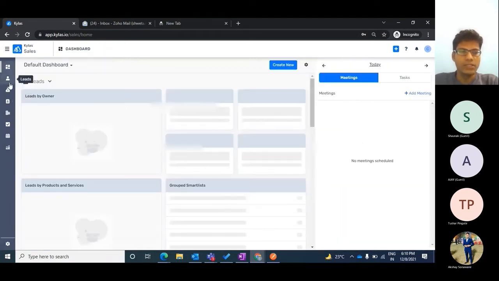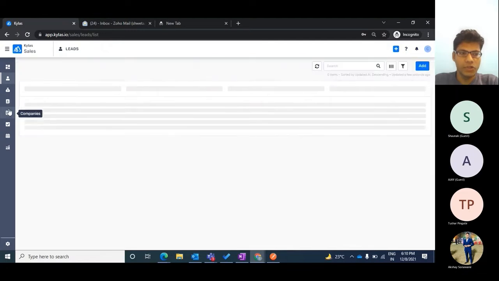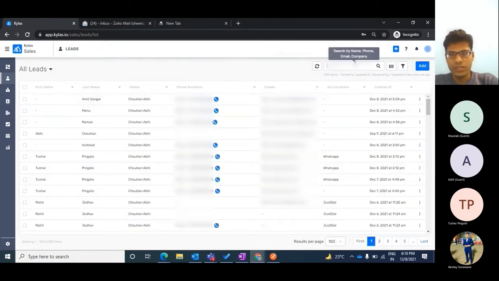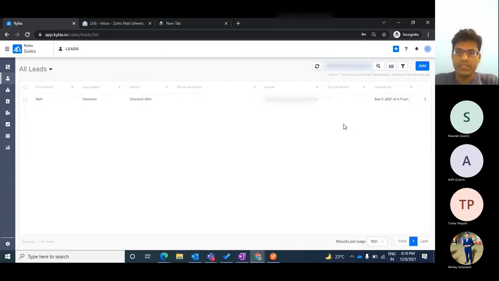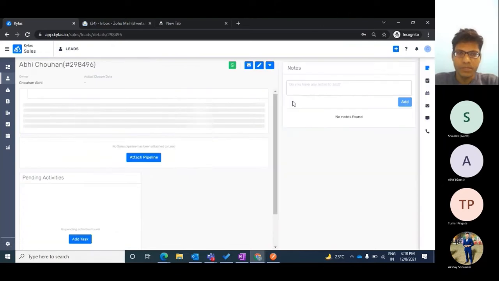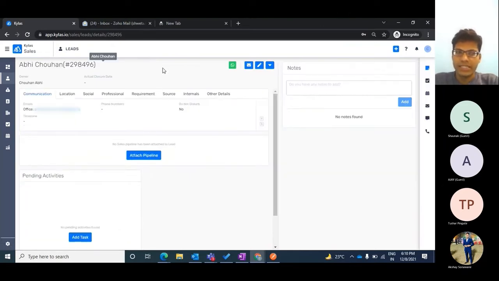Now what I can do is go to my leads or contacts and actually send them emails. So for example, there is one lead available in my system with the email ID abhishek.chauhan@kailash.io. As we know, this is our lead details screen, and in the productivity section on the right hand side you can see this particular icon which is of an email.